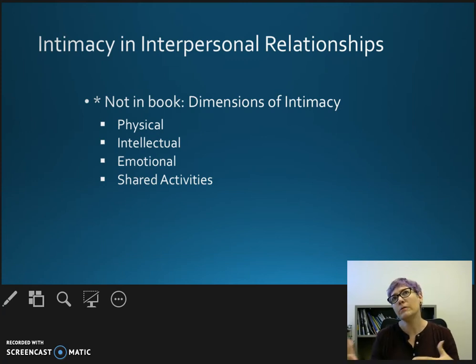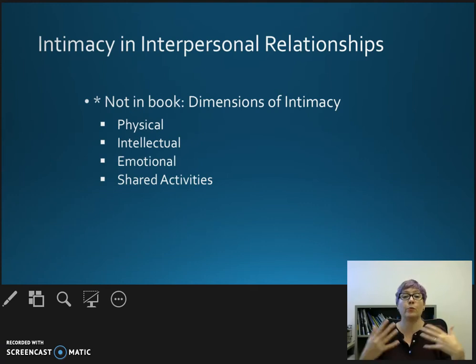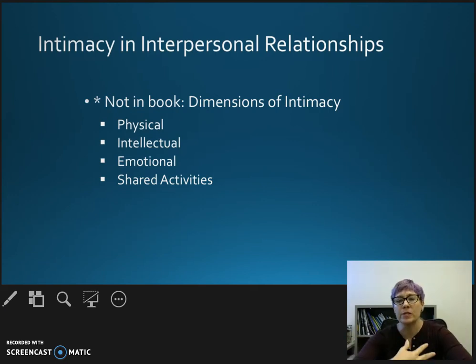So we all can establish intimacy physically, right? And it doesn't have to be just like sex. It could also be giving somebody a hug. It's a good friend. That is a way of establishing intimacy in a friendship. Or it could be like a parent holding their child on their lap while they read them a book at night. That would be an aspect of physical intimacy. So anytime you connect with someone through touch, like through physical intimacy, that is a way of generating intimacy in the relationship physically.